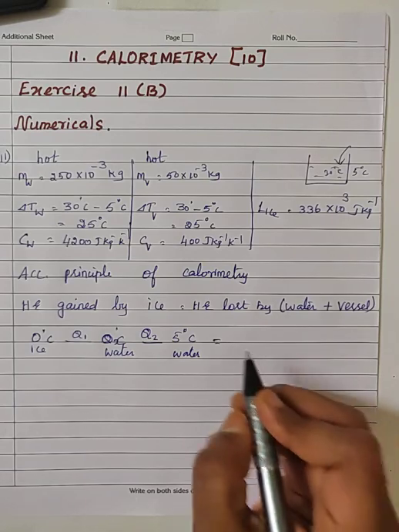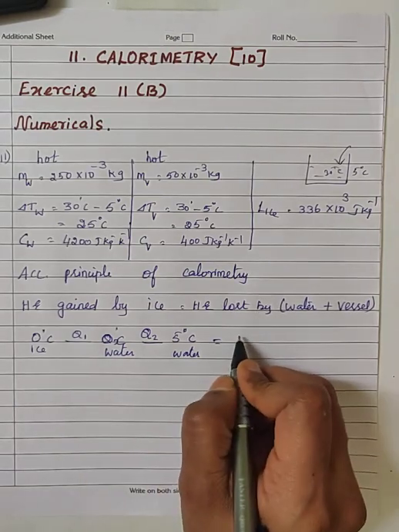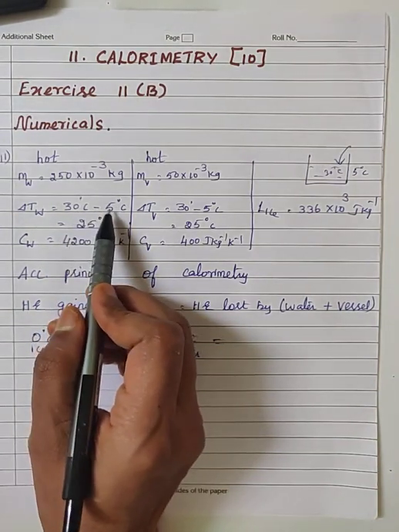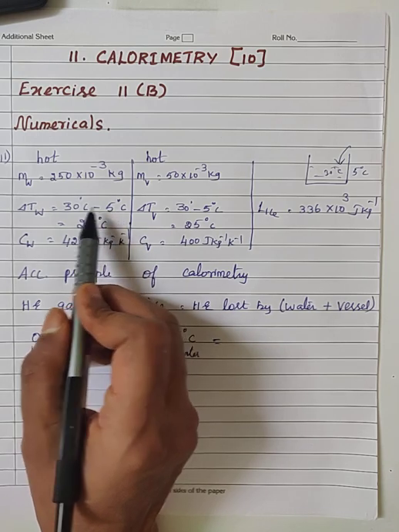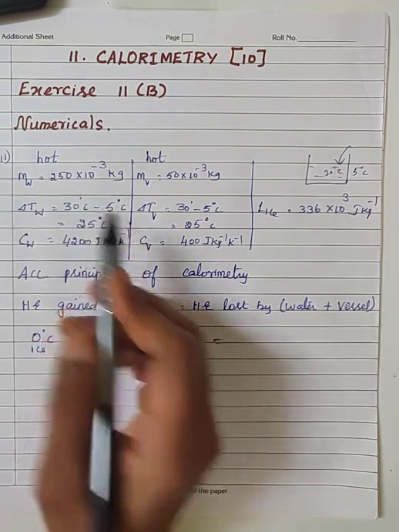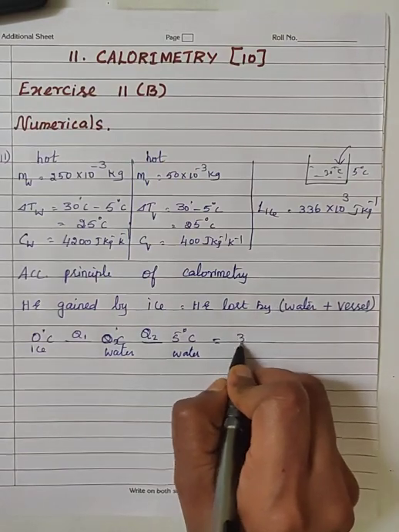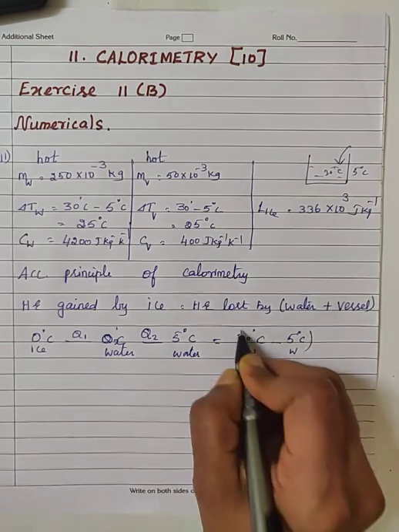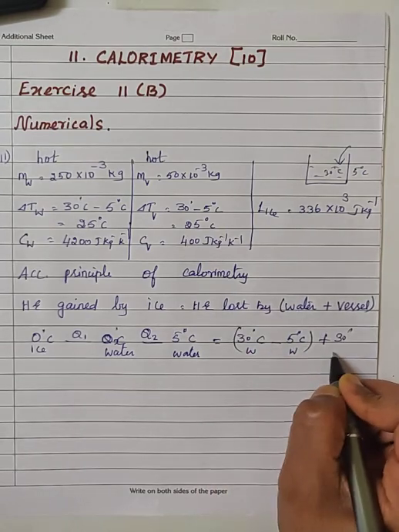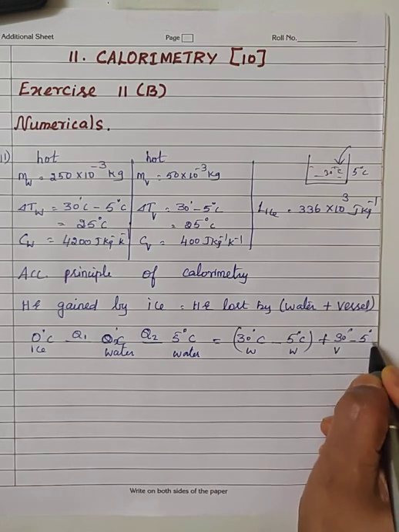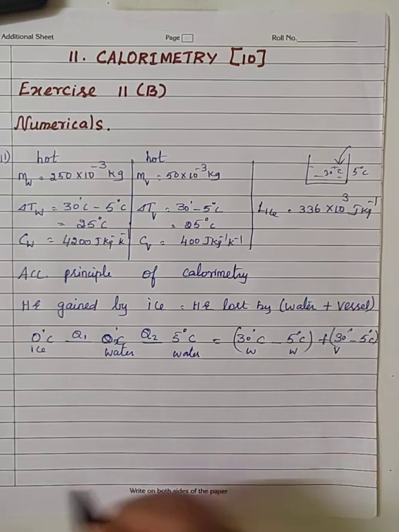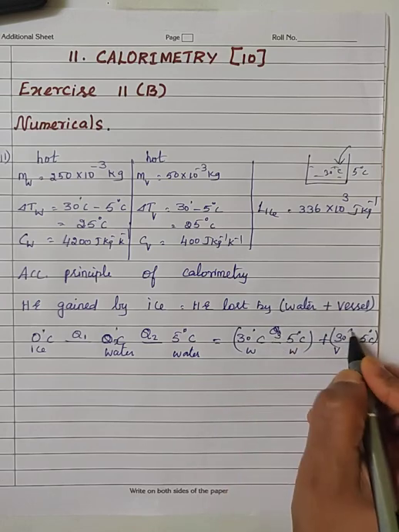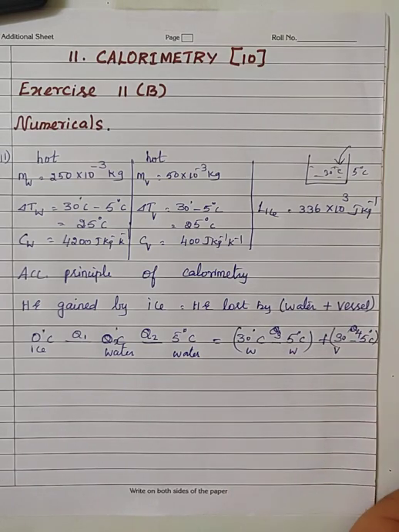On the other side, heat energy lost by water is, here in the case of water, the water is at a temperature of 30 degrees Celsius. After adding the ice, the temperature of water falls down to 5 degrees Celsius. So there is a change in temperature. So the expression is mc delta T, right? So here I can write 30 degrees Celsius of water is converted into 5 degrees Celsius of water. Same thing for the vessel. 30 degrees Celsius of vessel is brought down to 5 degrees Celsius. So here I write the amount of heat energy lost by water as Q3, quantity of heat energy lost by vessel as Q4.